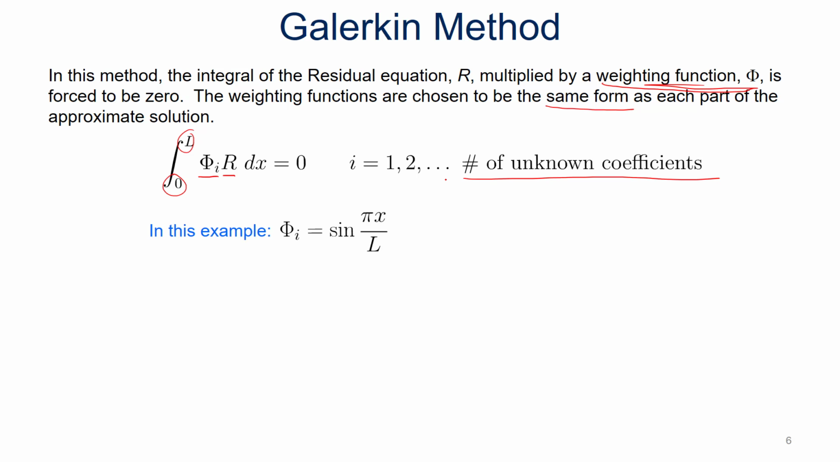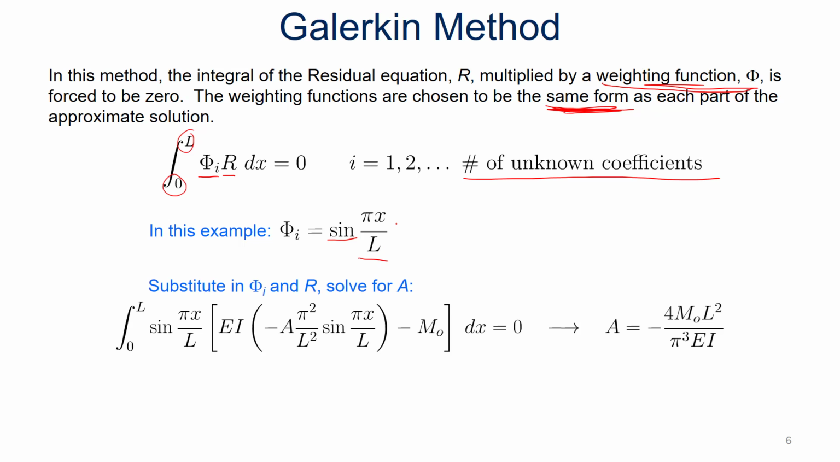In this example, because it has to be the same form, we want our weighting function to be the same form as the approximate solution. It's going to be sine(pi x over L). We're not going to include the A because we don't want to have to find another unknown coefficient. So we're going to substitute that in. For our weighting function, that's going to come down and be our sine(pi x over L). And the residual function is the one from before, so this is all our residual. And we're going to integrate that all with respect to x. And that's all going to be equal to 0, because that's what we're forcing it to be over this